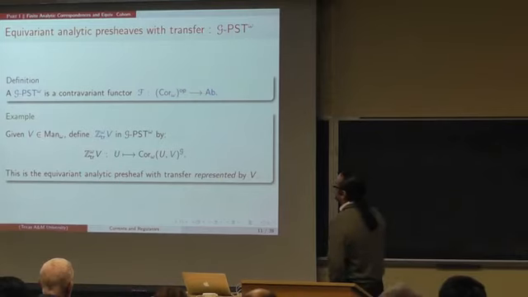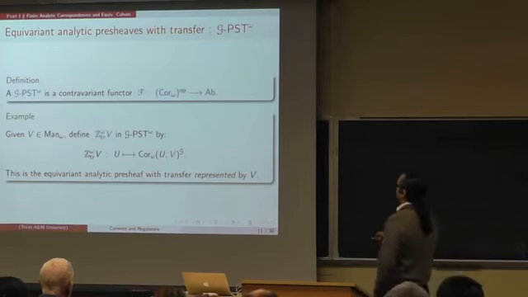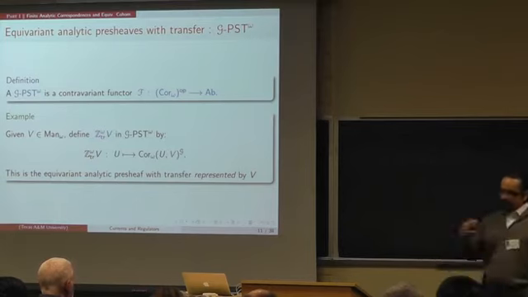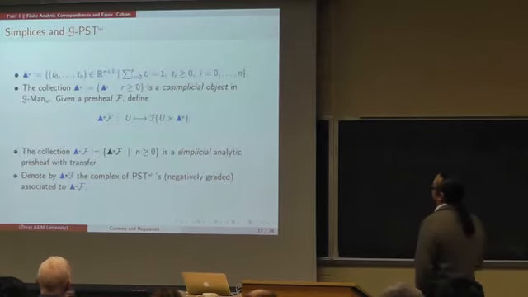So you have here V, and you look at the correspondences. So this is a canonical type of Yoneda embedding that sends the category of manifolds inside the category of GPSTs. So that's the analytic presheaf represented by V. And now let's